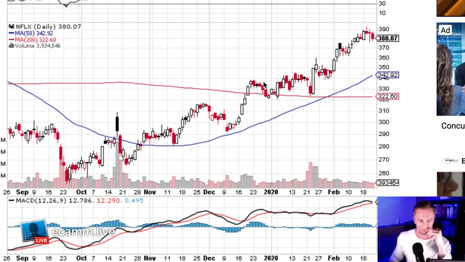All right, Netflix. It was just overbought on the RSI. Pretty simple right there, right? It was above 70, and it did that right around